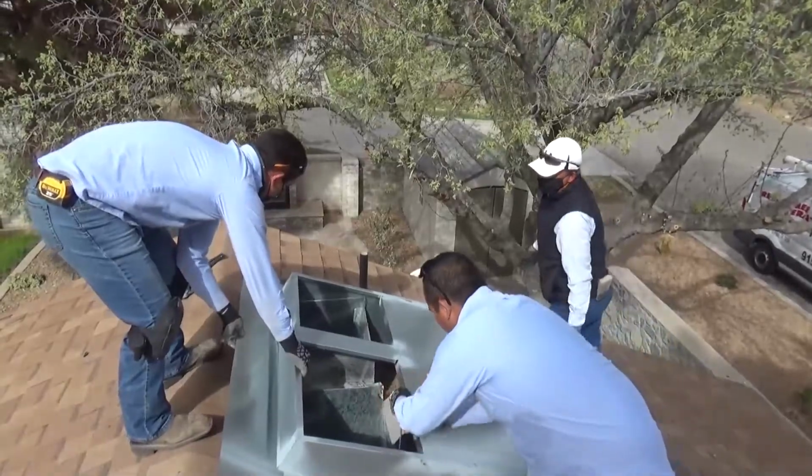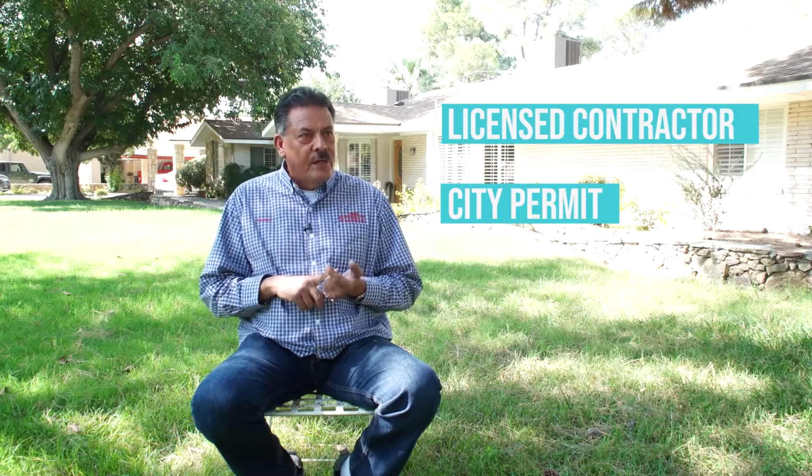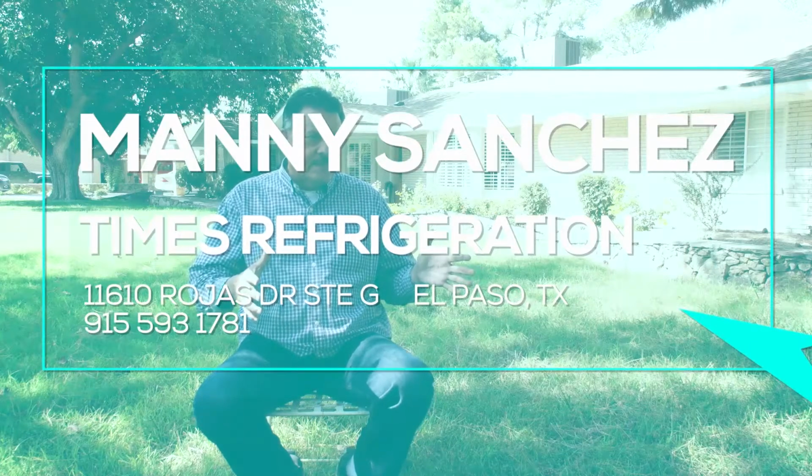It's not something that just anybody can do, especially the homeowner. It takes a licensed contractor. You got to have a city permit, okay? And to remove that unit from the roof, you need to disconnect the electrical, of course, turn off the main to the electrical, the gas line, and the condensation PVC line. So all that's got to be disconnected before you even remove the actual package unit or the split system